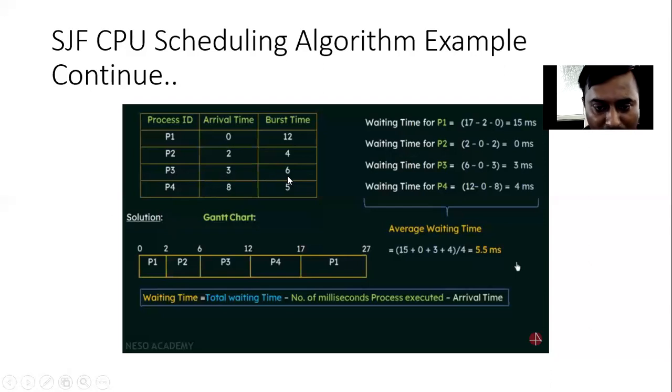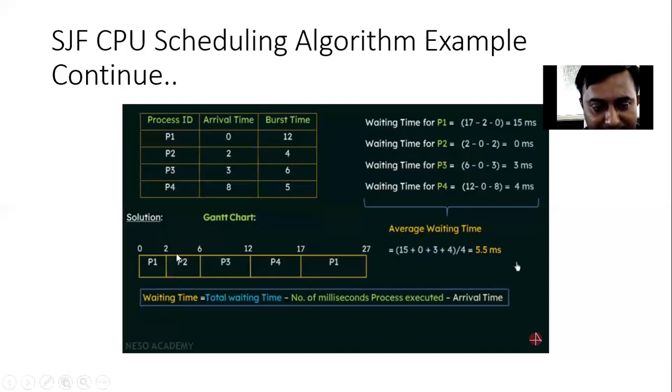Yes, P3 has arrived. So again we need to check the burst time of P3. But before comparing this value with P2, we need to update the initial value of P2, which is nothing but 4. Because P2 is already executed for 1 unit of time, what is the updated value of P2 burst time now? It is now 3 instead of 4. Now this 3 will be compared with the burst time of P3. So 3 is less than 6. So definitely P2 will continue its execution because it is the shortest one as compared to P3.